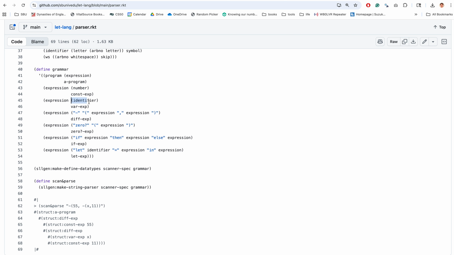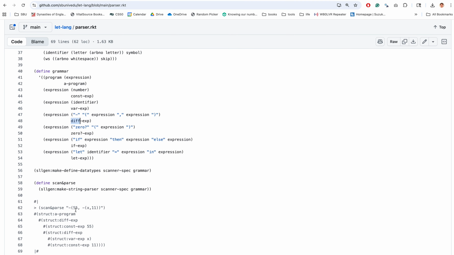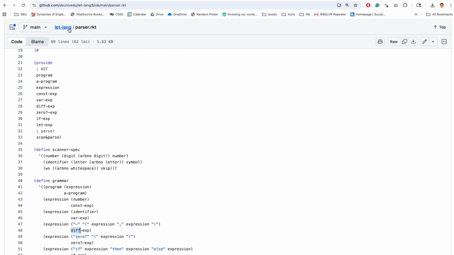Okay, so this is the concrete syntax. Now an expression, if it looks like this, is called a diff expression. We call it a diff expression in the abstract syntax tree, and so on and so forth. So now this actually generates the grammar, the parser for us. Okay, so this is one